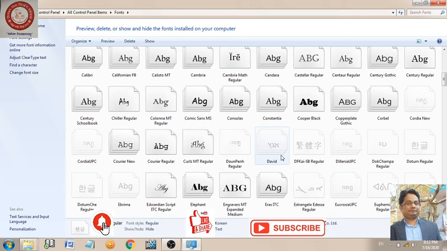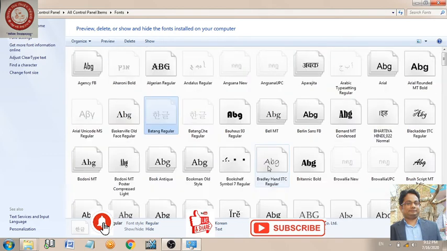Now after doing this, we have to understand how to delete an existing font. For deleting an existing font, first of all we have to select it. Suppose I have selected one font. After that there is a delete button, so you can use your mouse to click on the delete button, or you can use the delete key on the keyboard also. So now I am going to click one time.